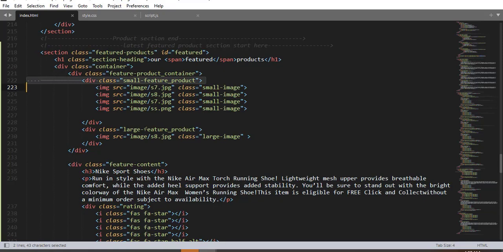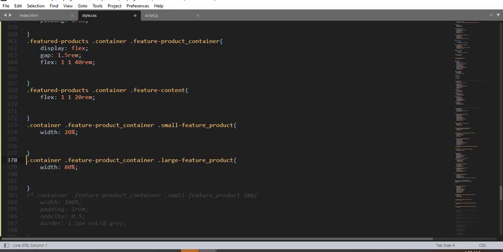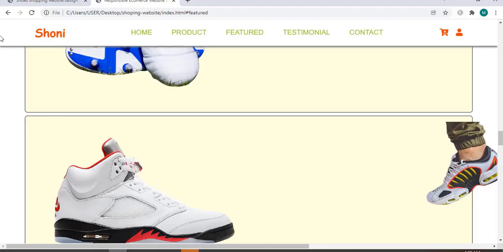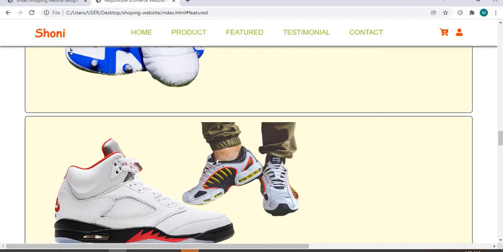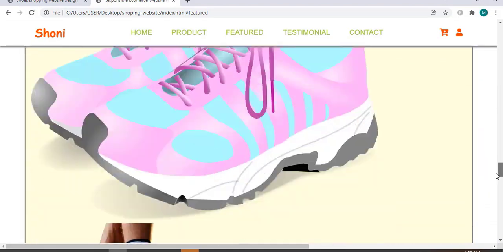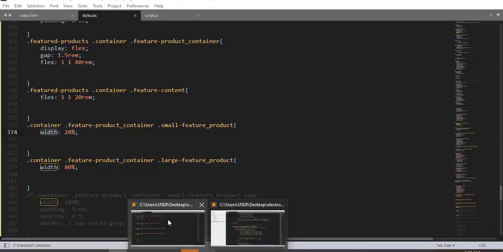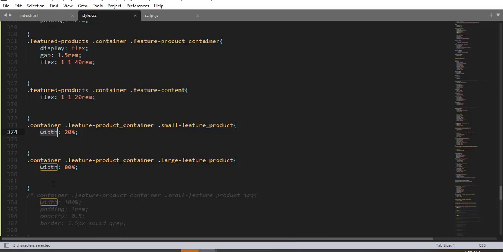Now again, using this class selector, small feature product and large feature product, right here, let me reduce the width for each element right here. So for small feature product, 20%, and for large feature product, 80%. Here we have. And now it's better